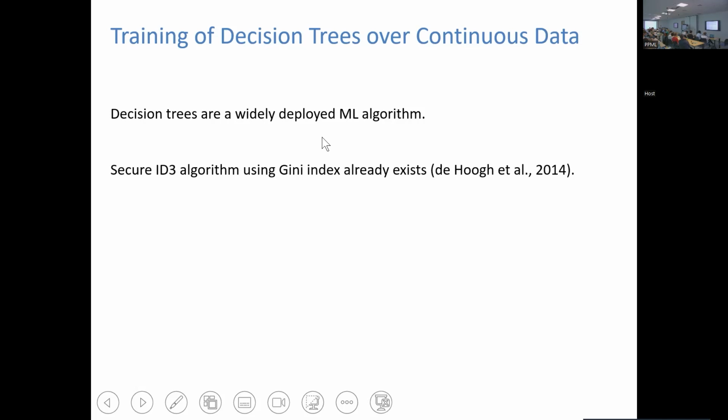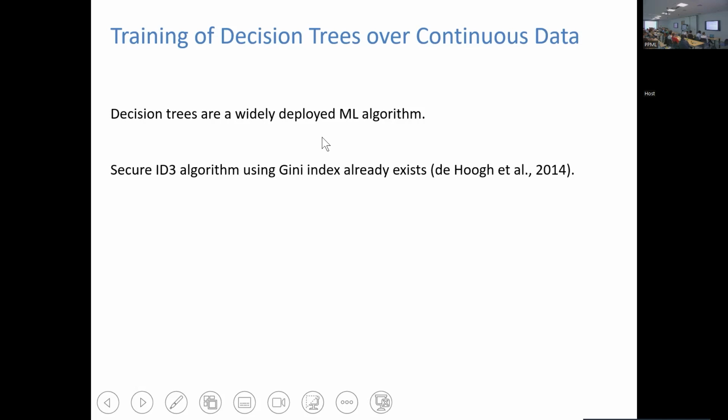Again, why are we using Gini for the training of the trees in a secure way? This was resolved by Hoogh et al. in '14. Because Gini index as a splitting criterion is much more MPC friendly than using splits for decision trees with something like multiple information. So even though in the clear, sometimes people use Gini index, sometimes multiple information.